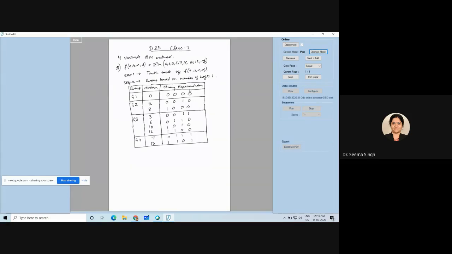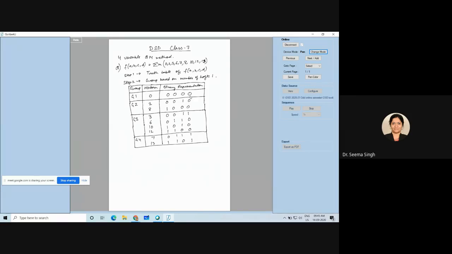And it is a good practice to count the number of minterms given in the question and your first table. So let us see how many we have. 1, 2, 3, 4, 5, 6, 7, 8, 9. You have 9. And here how many you have? 1, 3, 3 plus 4, 7 plus 2, 9. So we have not missed anything. So it is a good practice that you see you don't make any mistake by leaving out some minterms here. Okay. So this is your second step.